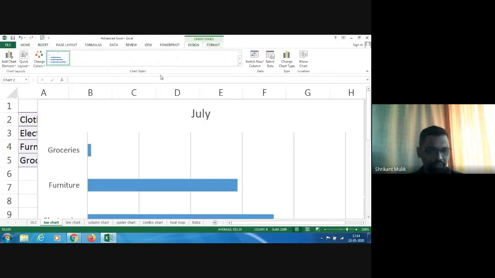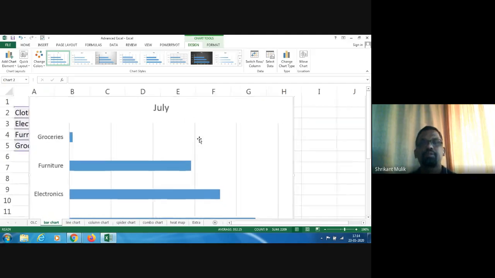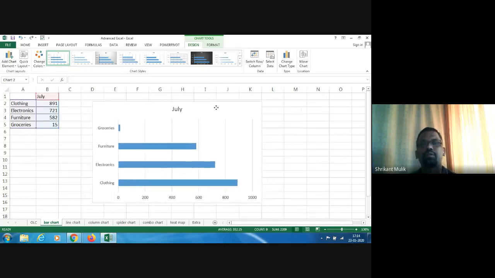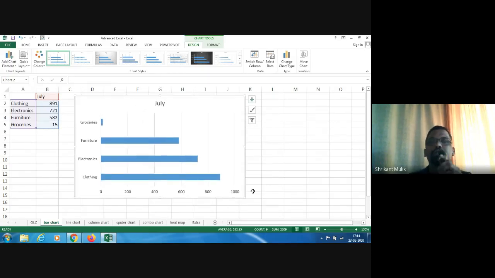Now let me just zoom down this thing. Now this is the graph that you see, and it gives a clear sign that clothing is doing really well, whereas grocery has been hit very badly.